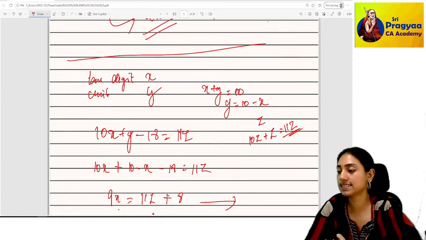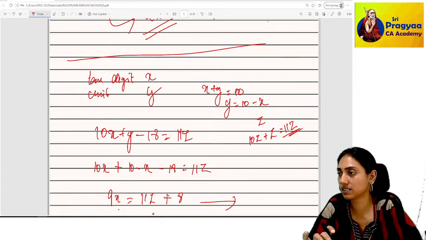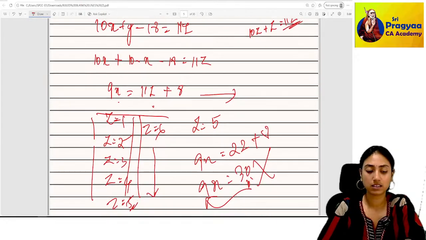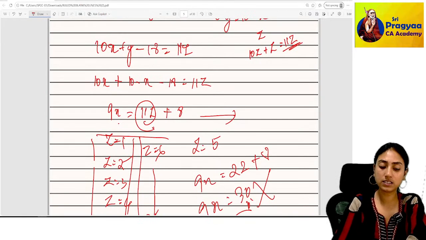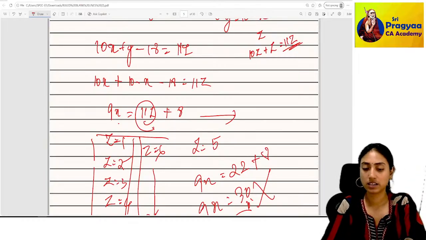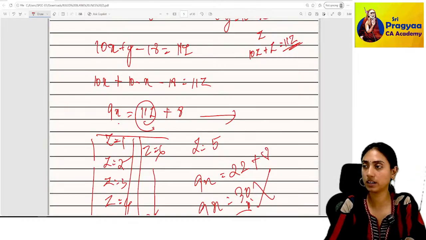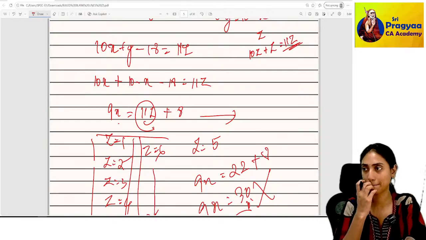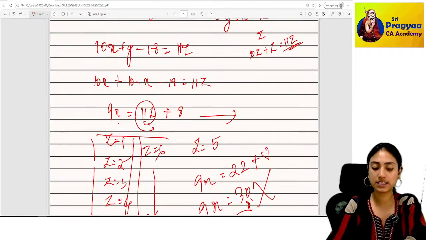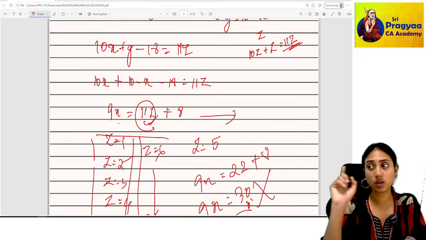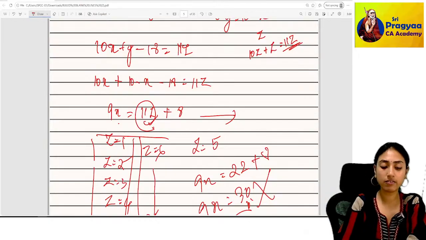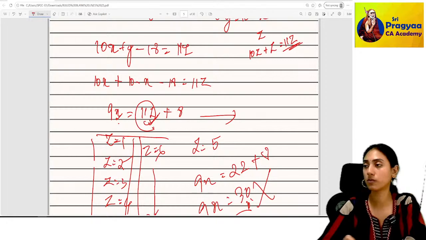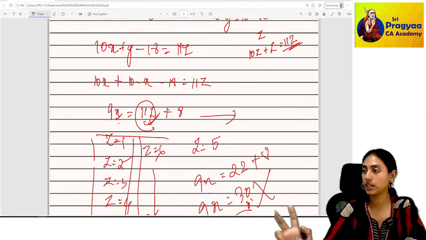So the question is the sum of digits. Both the digits become equal, they are saying. That is why 11z comes. Did you understand 11z properly? Okay, so here I have x is also a variable, z is also a variable. Since I have two variables I need